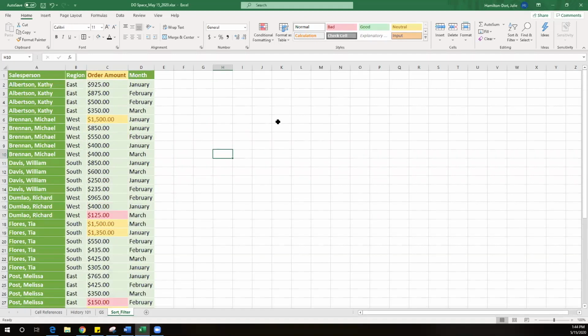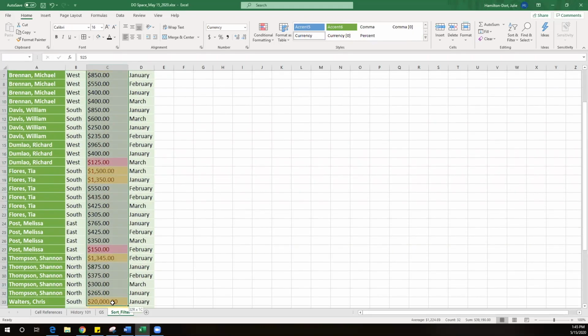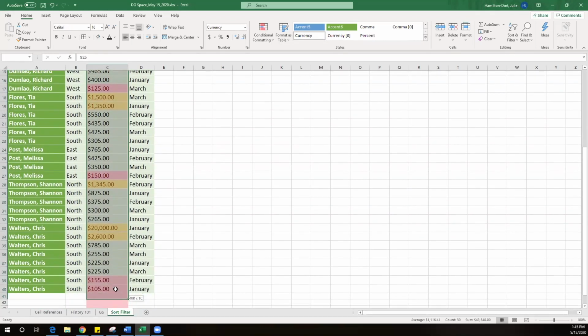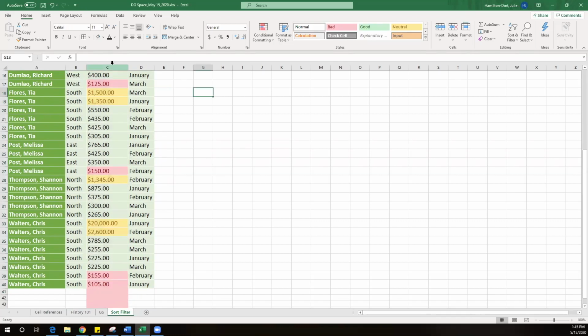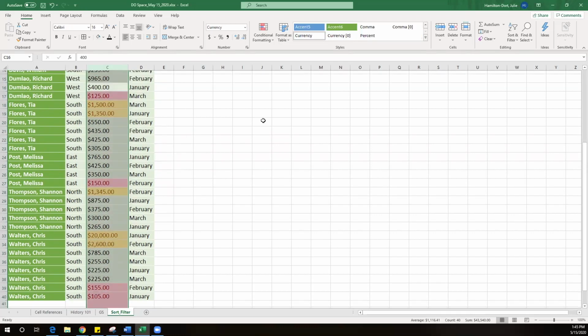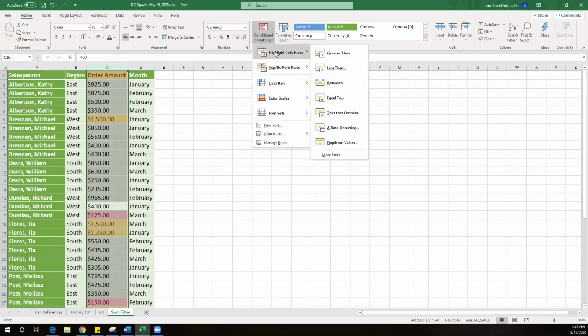Now you'll note that when I scroll down, it applied this to the entire column. In order to change that, I can come up and simply select the data where I want the conditional formatting. So if you don't want it to impact the entire column, I can simply highlight just the data that I want to work with. So I'm going to go ahead and highlight column C again, come back to conditional formatting, highlight cells, and now I'm going to come down to,